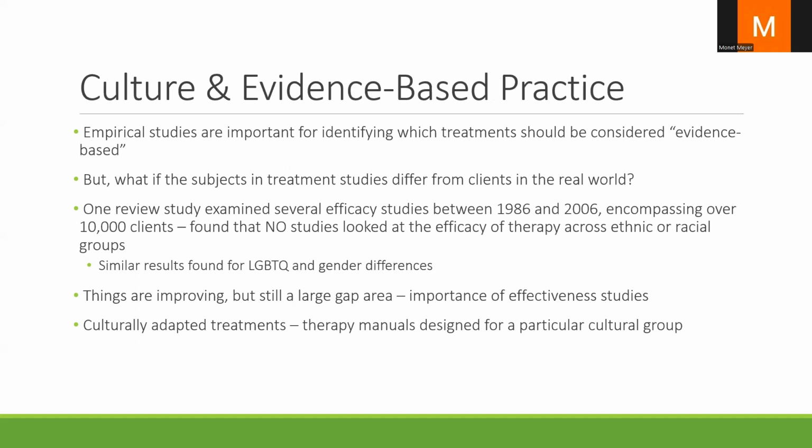We can also talk about how culture plays a role in evidence-based practice. Empirical studies are really important for identifying which treatments should be considered evidence-based. You'll remember that research is an important component of that three-legged stool of evidence-based practice. But we need to ask ourselves, what if the subjects in treatment studies differ from clients in the